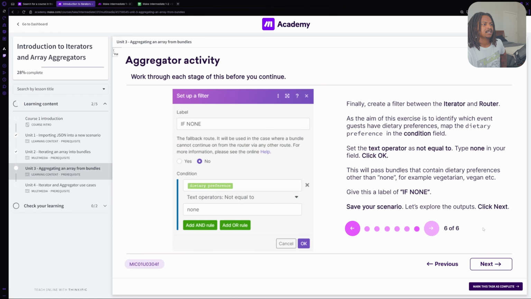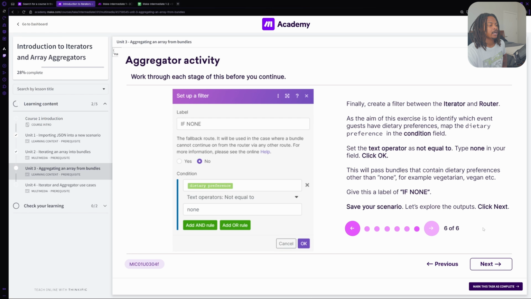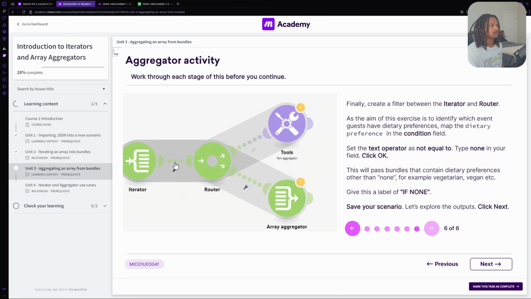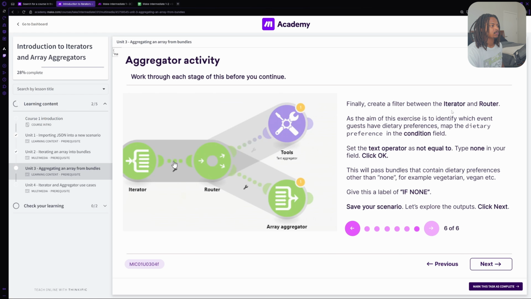This will pass bundles that contain dietary preferences other than none, for example, vegetarian or vegan. Give this a label of if none and save your scenario. Let's explore the outputs. Okay, so now we're going to put a filter in between the iterator and router by